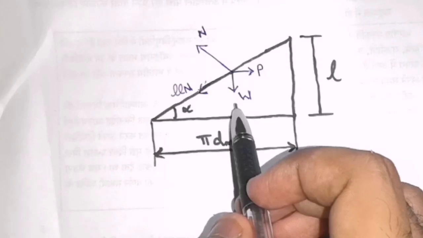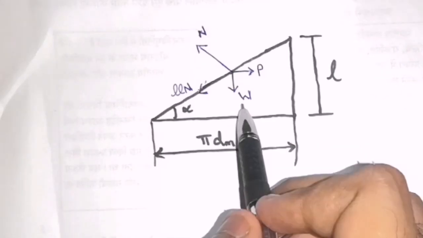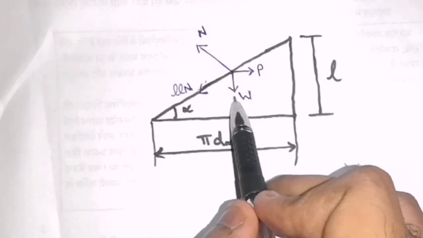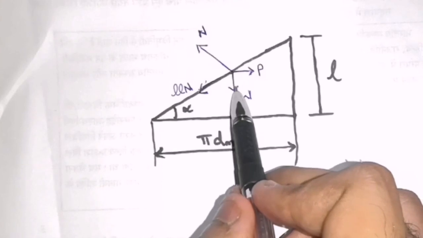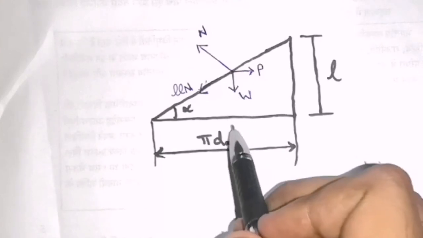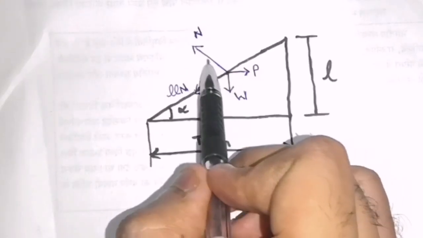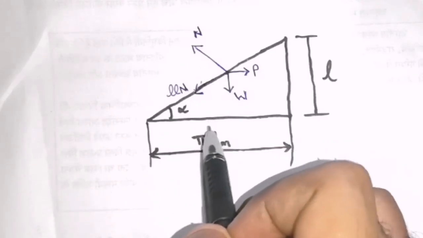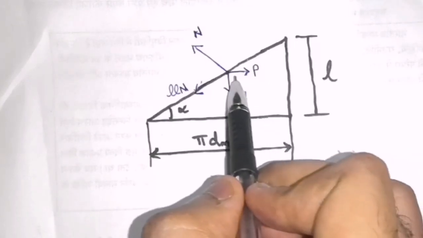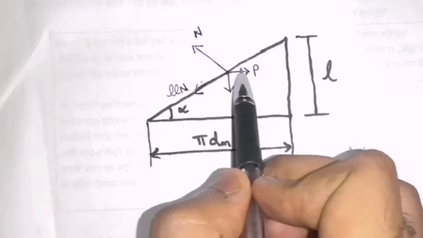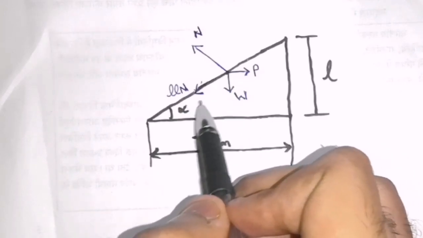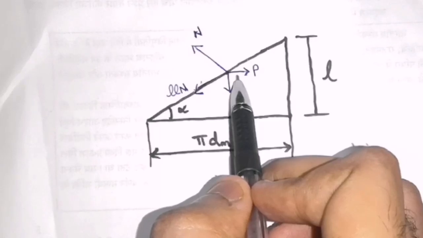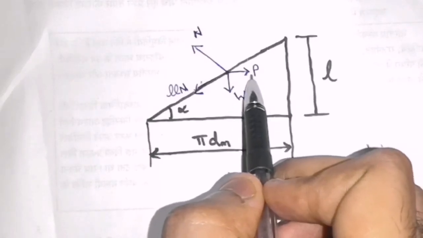Now let us see the forces acting on the screw. First force is the weight W which is going to be lifted. We know that weight always acts in the vertical direction, hence I have shown it in the downward direction. This is the normal reaction offered by the screw surface. Now as we want to lift the load, we need to apply the load in this right side direction so that the load gets lifted, and as the direction of the applied load is to the right, the friction force acting